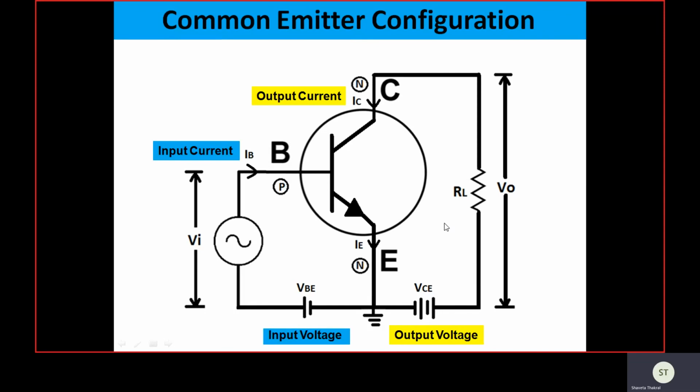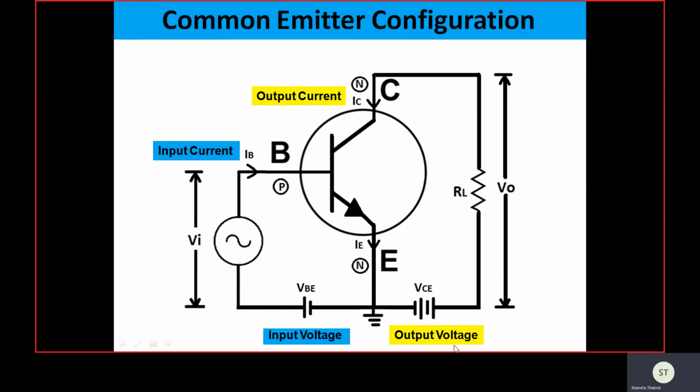So when we need to plot the characteristics, there are two types of characteristics. The one is called the input characteristics and the other is called the output characteristics. Before plotting the characteristics of common emitter configuration, we must be clear about four parameters. The first parameter is the input current, the second is the input voltage, the third is the output current, and the fourth